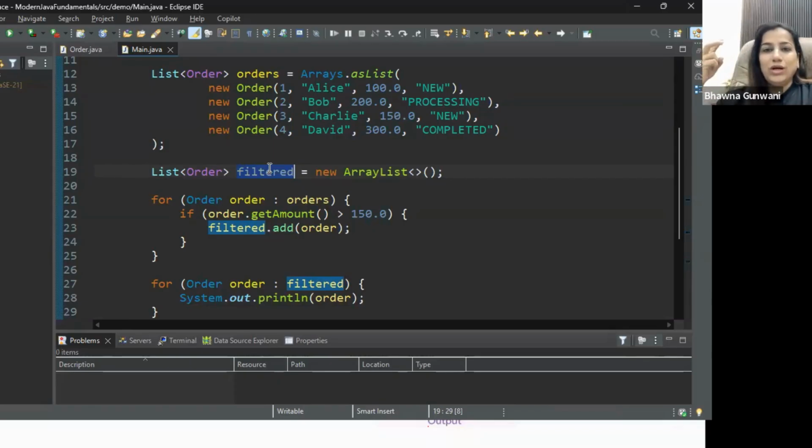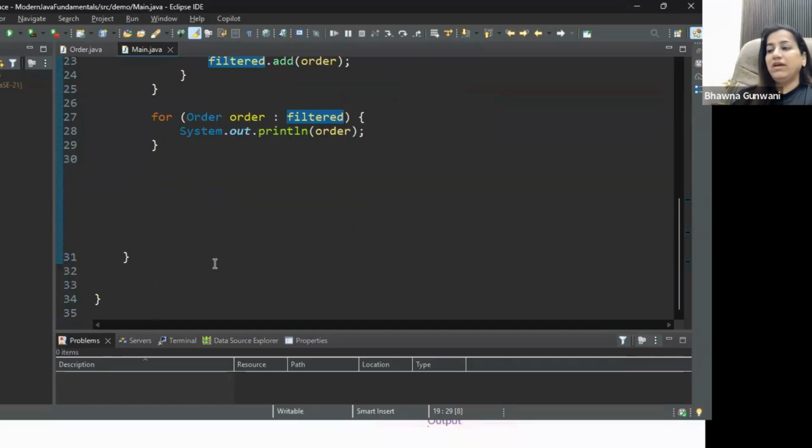So, you are going to iterate the orders, and after that you want to filter, and then you want to convert them into the list, right? So first of all, you have created a list, then you have iterated, and then you have filtered, and it took at least 5 to 6 lines of code and 2 or 3 blocks integrating it. But if I write this in a modern approach